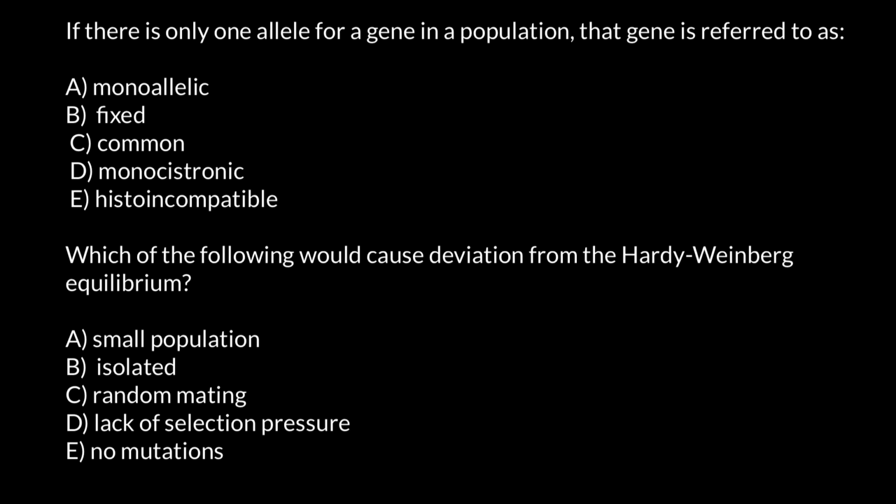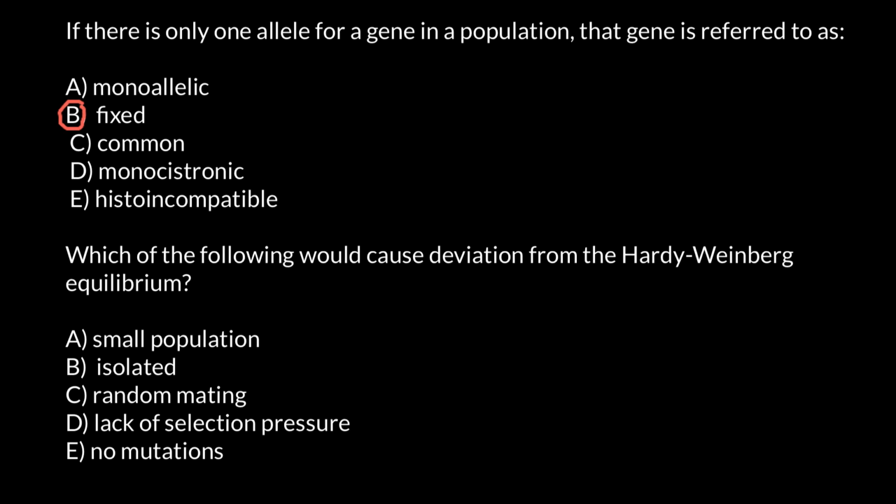And actually the correct answer would be answer B. We call such a gene or locus fixed. It can have initially only one allele, only one variant, or it may have a different number of alleles, but if one allele would give better fitness to the organism over a period of time, this allele may become fixed. So we would have only one allele left, and we would say that such a gene would be fixed and such a locus would be fixed.